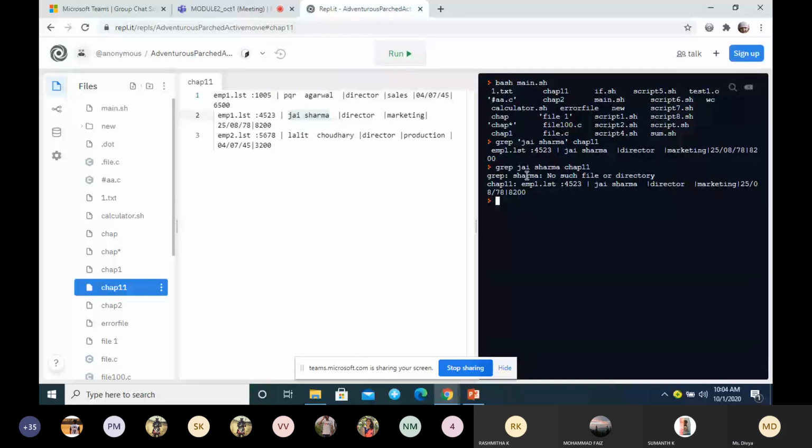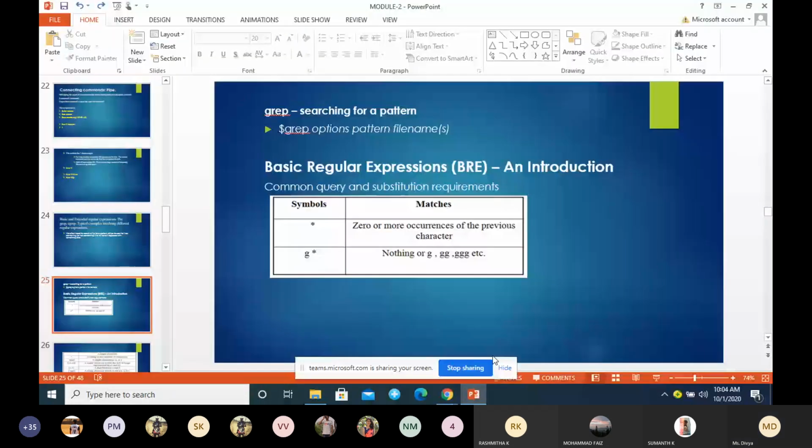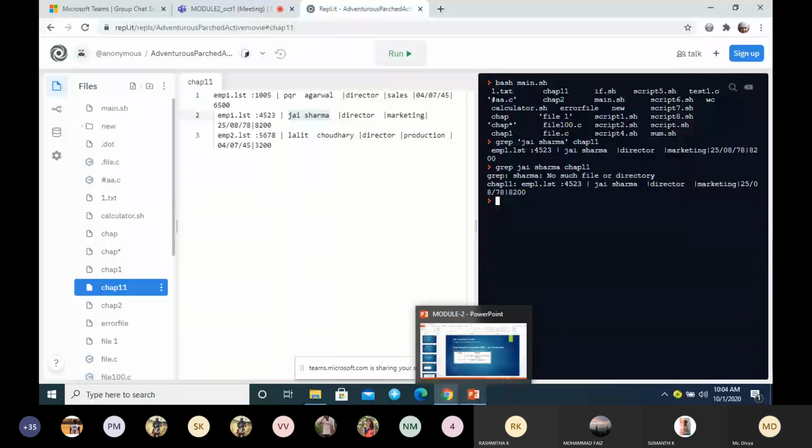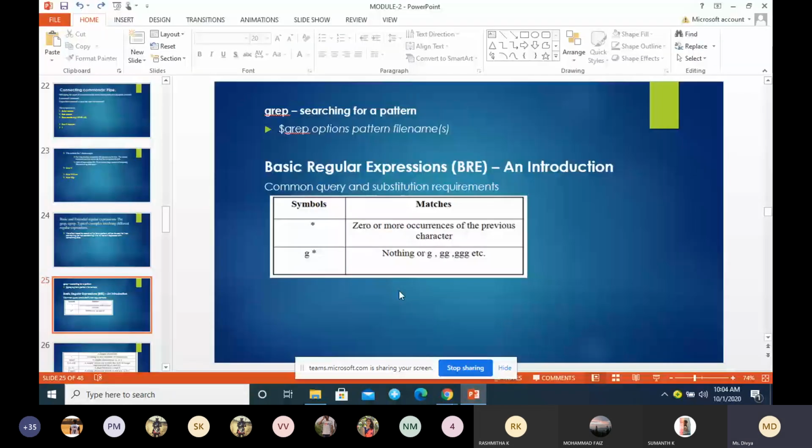So this is about grep, and next we move on to the grep options. I said this is the syntax: grep, optionally you can give options, it is not mandatory. Then specify the pattern, and then specify the file names, because not only one file, we can mention multiple file names.